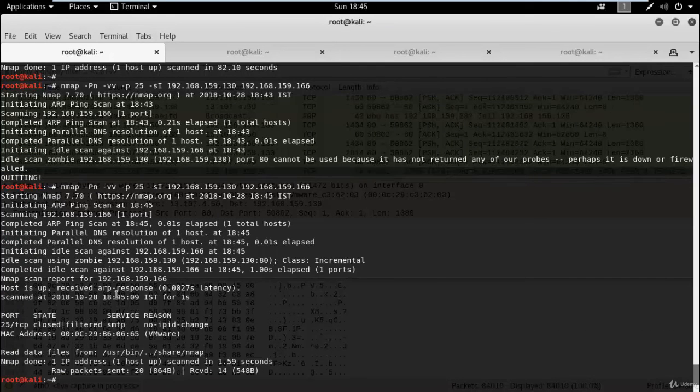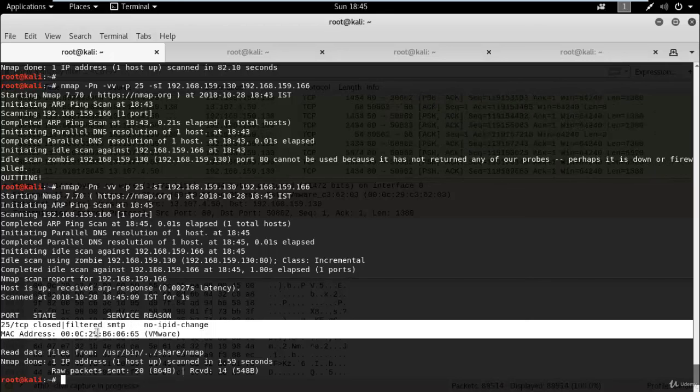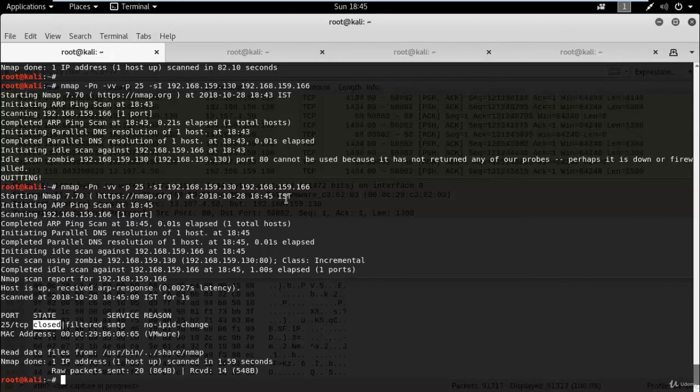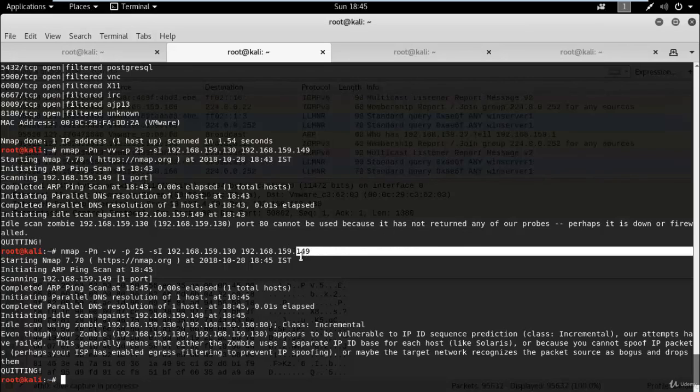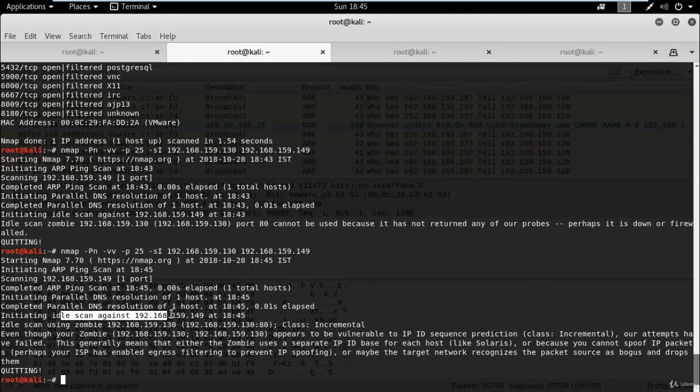So now you can see I am able to gather some information about the target device, and port number 25 is open already. Closed for .166, and you can see for .149, port number 25, DNS information.